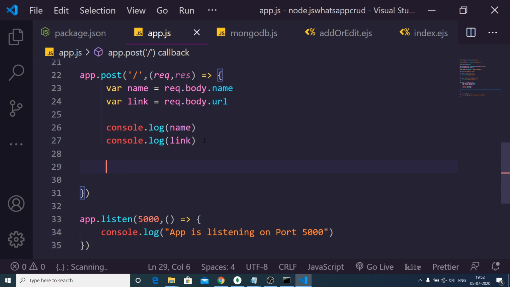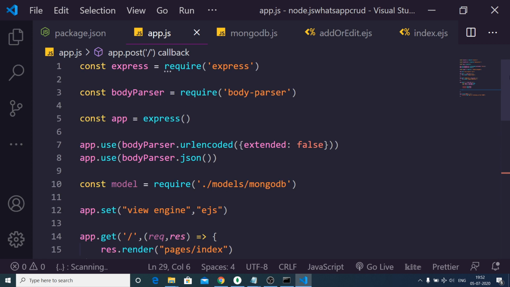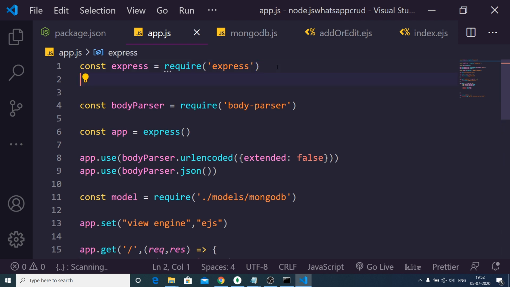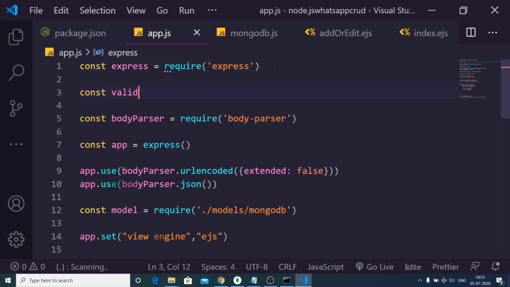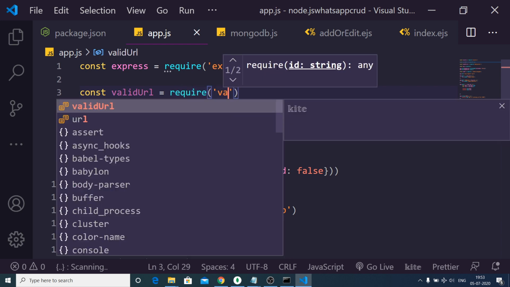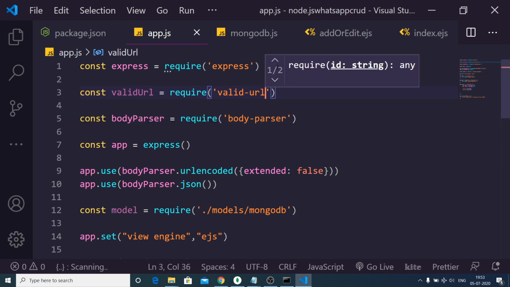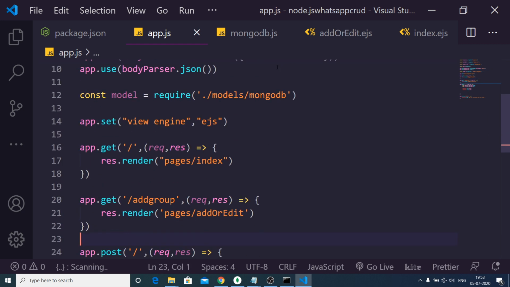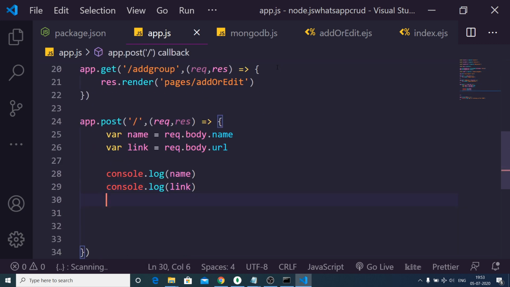Now we need to add the valid URL dependency, which we have installed and imported. Now we will first check whether the link is a valid one or not. There is a function inside this valid URL package.